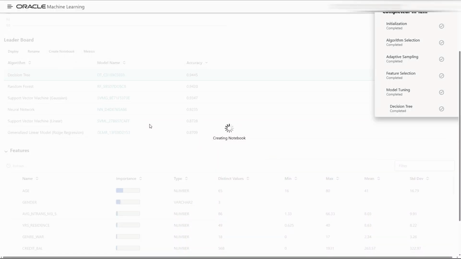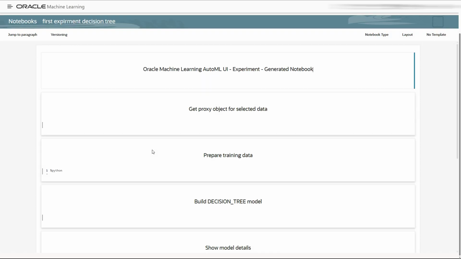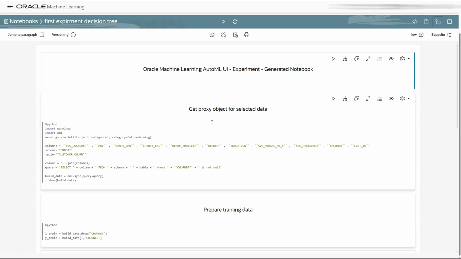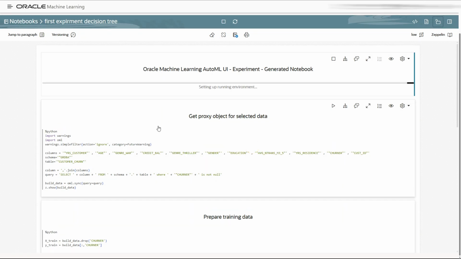Okay, and the Oracle Machine Learning will create a notebook that has all the code that we need to run against our data to identify the customers that have a high probability to leave. So we can run all the paragraphs together, confirm, it might take some time.